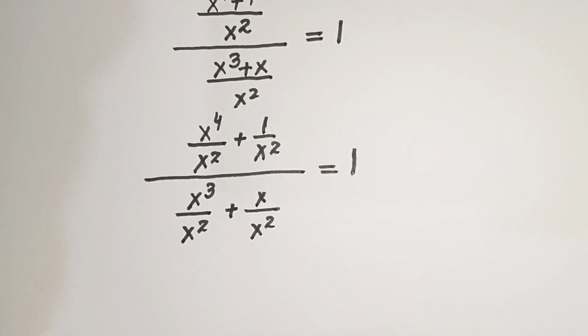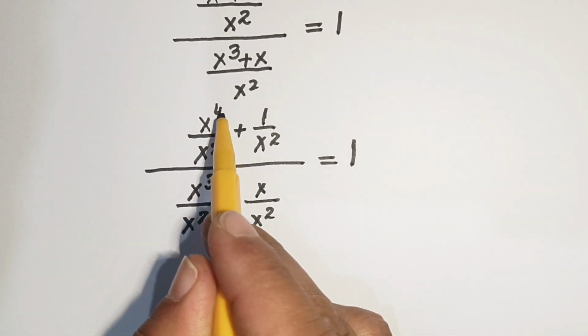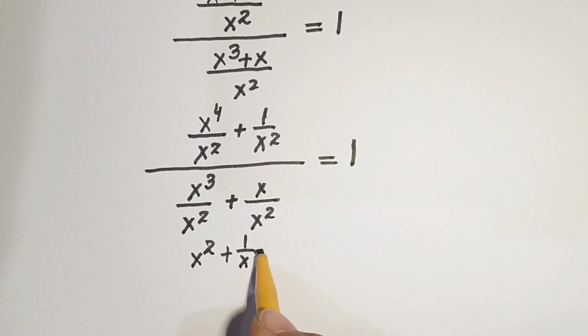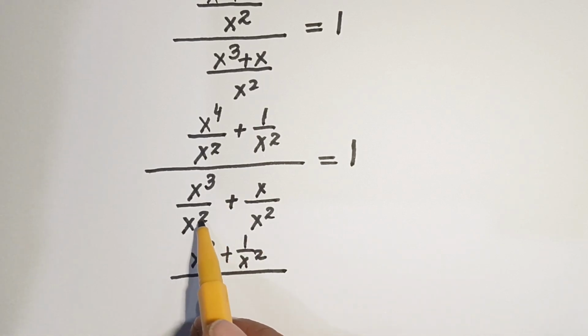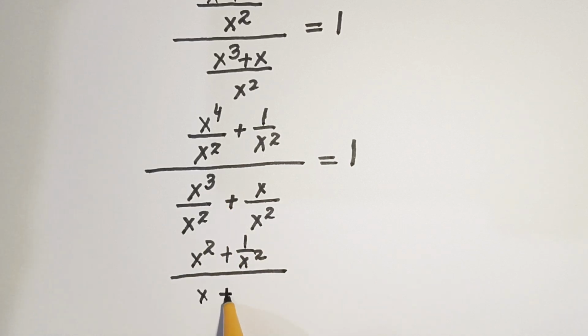So now our next step is, x squared can be cancelled out with this 4, so we get only x squared, and here plus 1 over x squared all over, here x squared cancels with x cubed, then we have only x, so x plus 1 over x,